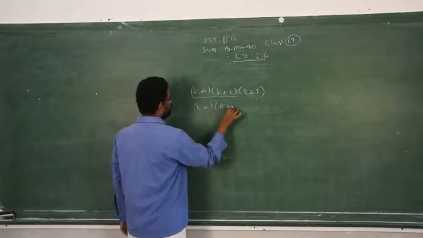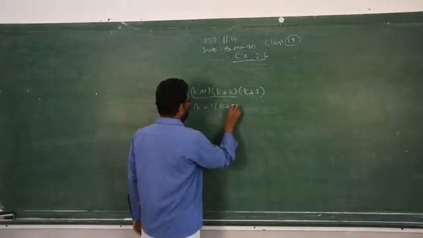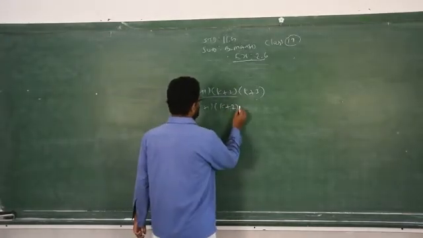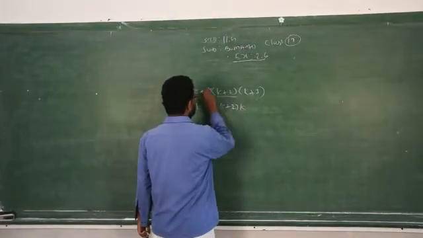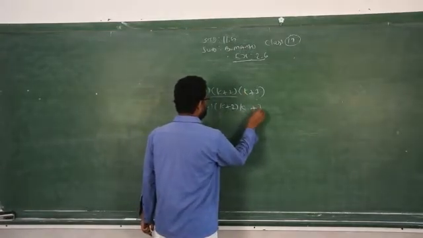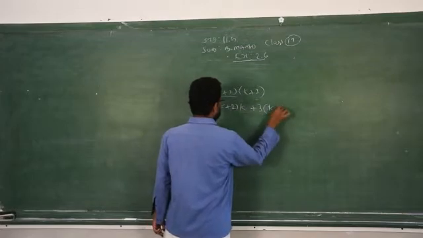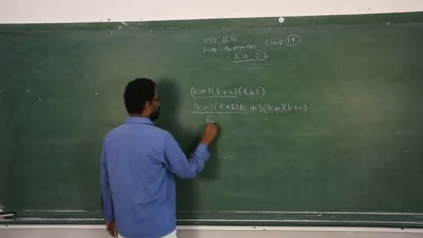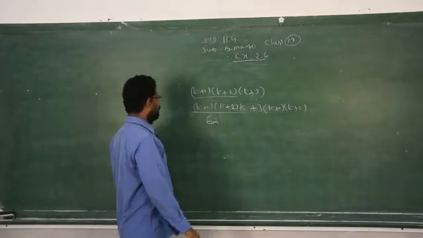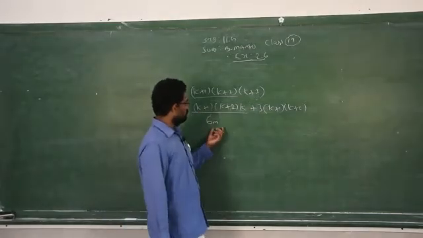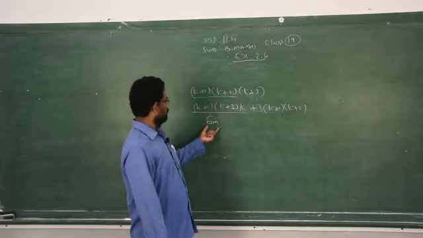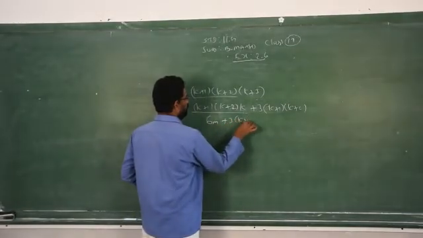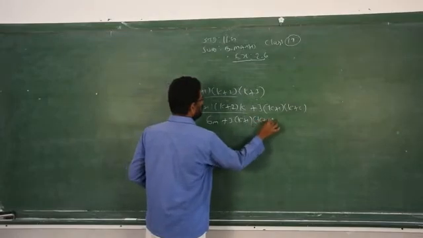I told you to do whatever the possibilities of applying that P of k condition in the P of k plus 1 condition. So you just have to multiply these two into k plus 3 of k plus 1 into k plus 2. So this is nothing but 6m, already we proved that k into k plus 1 into k plus 2 is divisible by 6. So we got 6m plus 3 of k plus 1 into k plus 2.